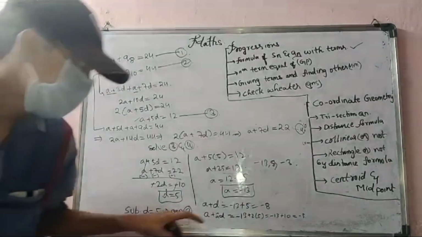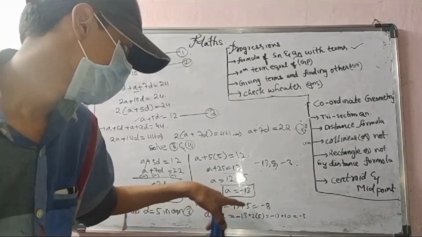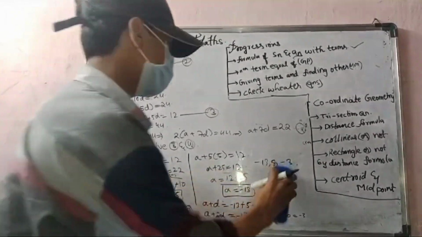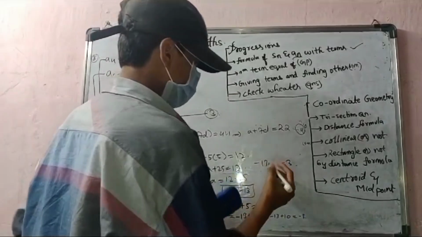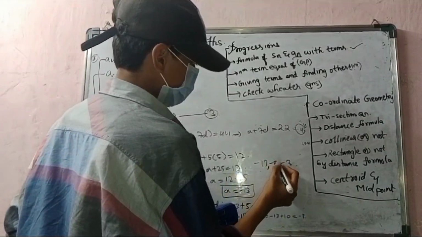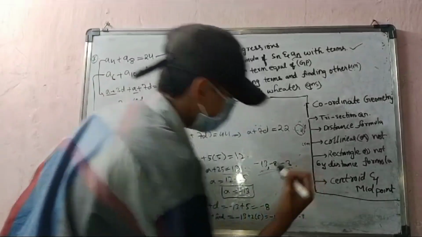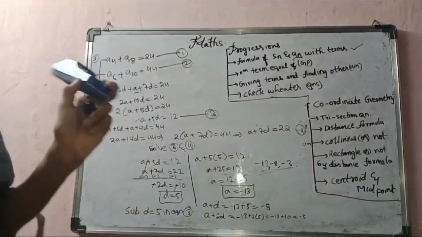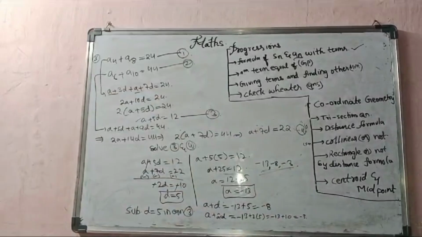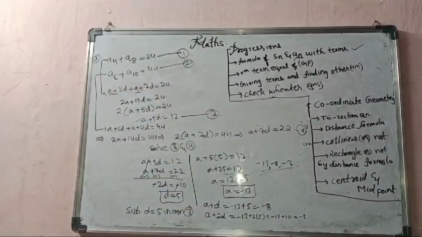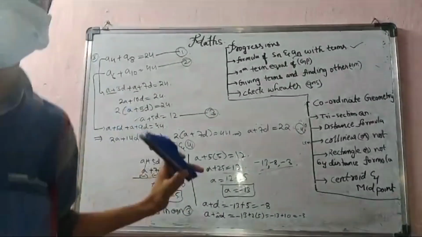Clear? Here also minus 8 will come, na? Okay. Minus 8, minus 3. Clear? So this is the answer. So they can ask you in exam. That's why I have told you. Discussion came many times in exam. Okay. For this we have taken 7 minutes. So just to see fast.